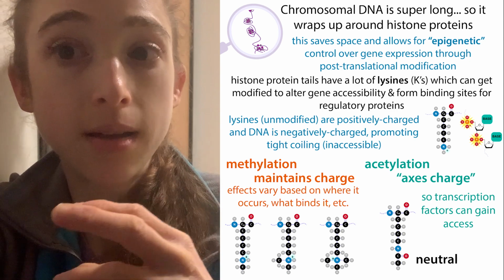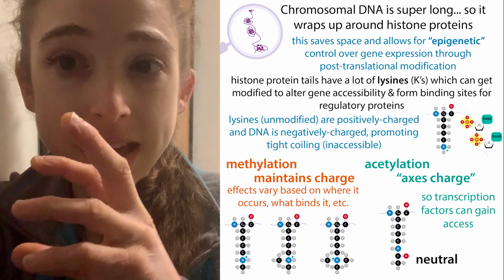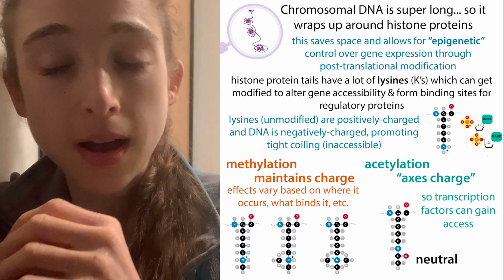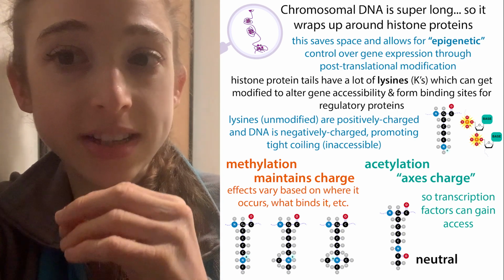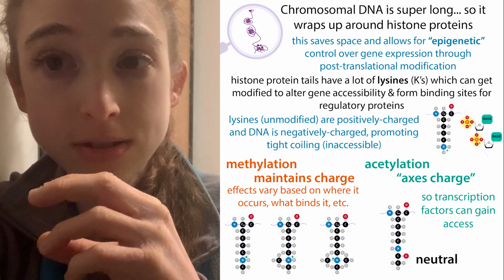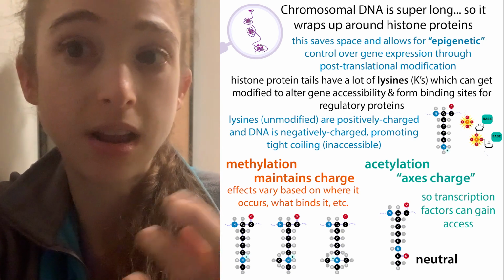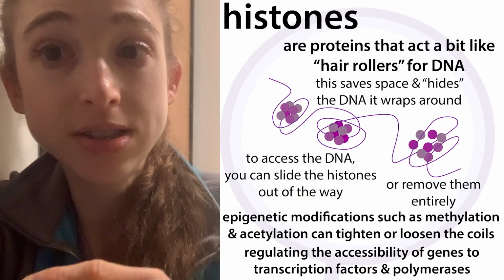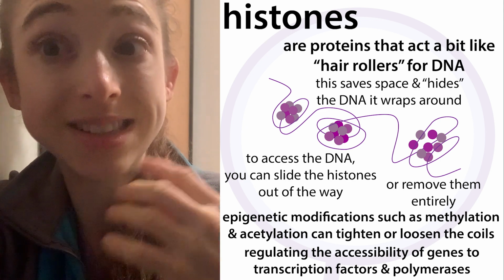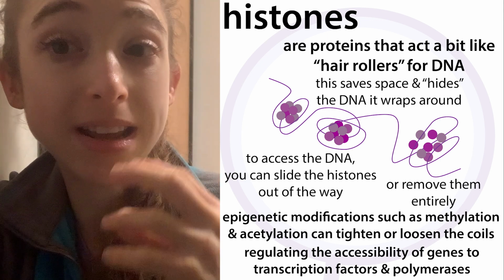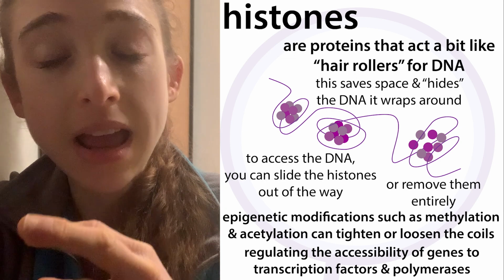And methylation marks, these don't change the charge, and they actually make it so that the DNA is more tightly bound, and it also offers binding sites for other proteins. So methylation and acetylation, in addition to changing how tightly the histone proteins are bound, can also add binding sites for various transcription factors and other regulatory factors. So these are epigenetic marks, and you can also have epigenetic marks on the DNA itself, like DNA itself can get methylated, in addition to the histones being methylated.